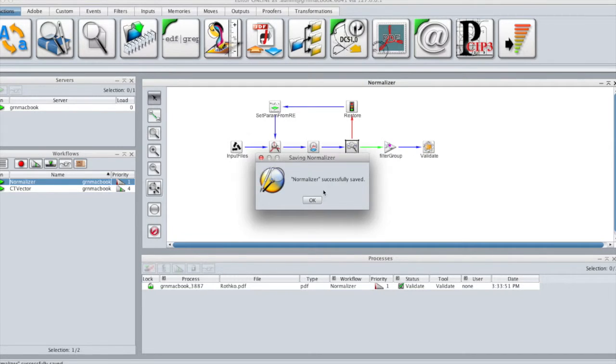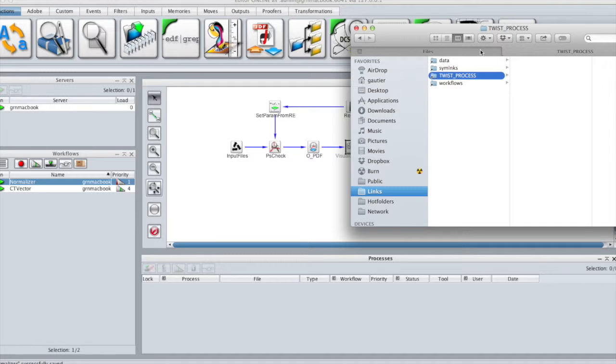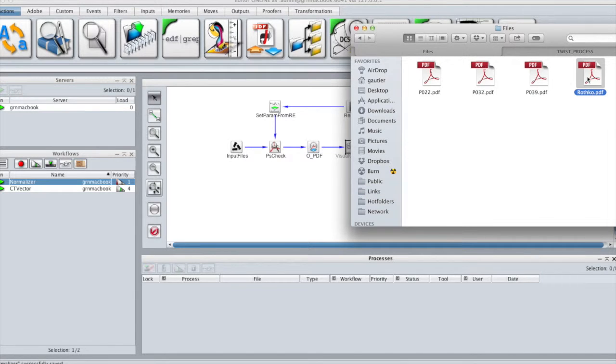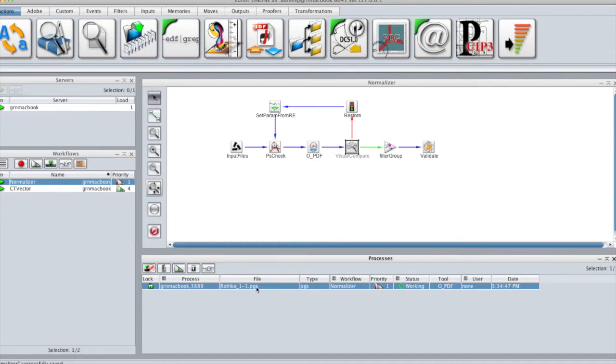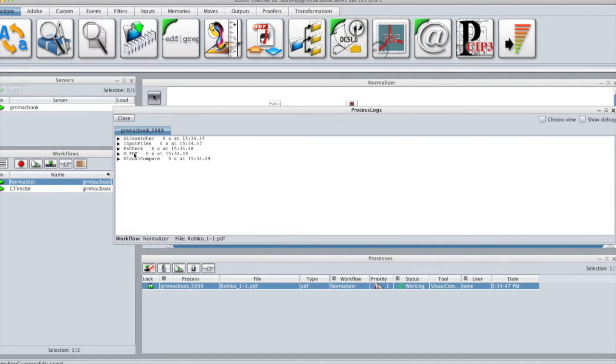and do the same test. This time, the file will be normalized and analyzed by the visual compare. The visual compare will detect that there are some errors and the color changed.